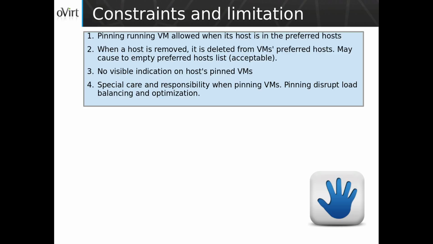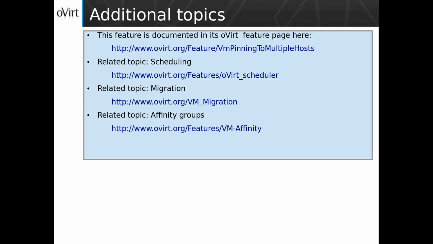Third, in order to identify if a VM is pinned or where it is pinned, it is required to open the VM for edit. And fourth, pinning requires great care and responsibility from administrator because pinning disrupts load balancing and optimization. And for conclusion,